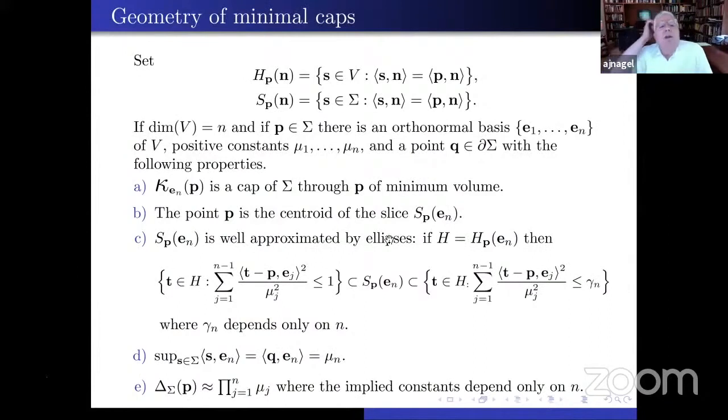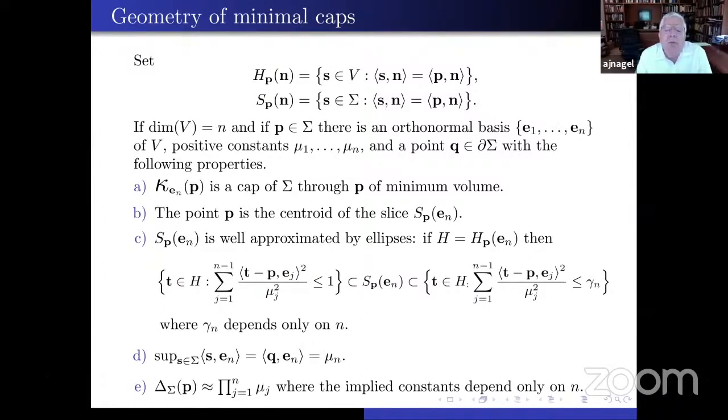So now I want to talk a little bit about the geometry of these caps. Let's pick a point P, and let n be any unit vector. Let HP be the hyperplane perpendicular to n passing through P, and let SP be the slice of sigma with that hyperplane. And now what I want to claim is that if the dimension of the vector space is n,